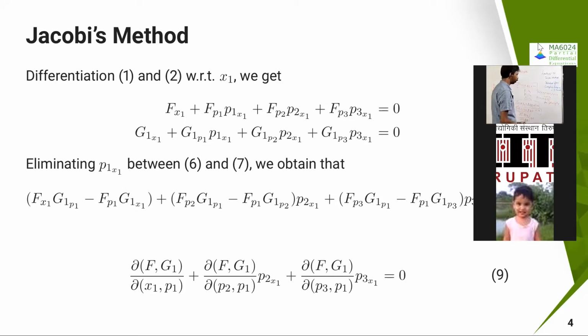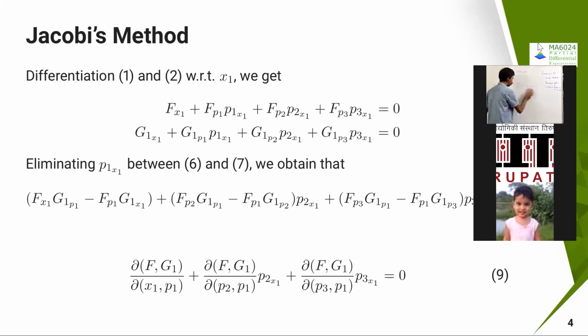Yes. Okay. So how do we obtain this one? Let us see that. We got to solve for P1, P2, P3. Okay, so let us see how to obtain that. Almost similar kind of things we did in the Charpit method. Same thing we are going to do. Okay, let us obtain that.